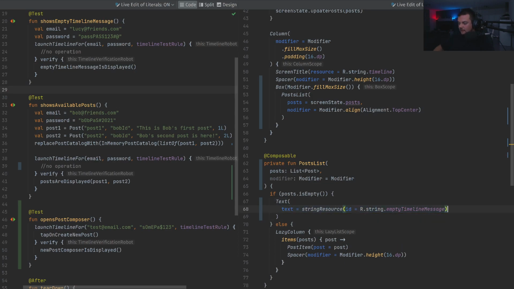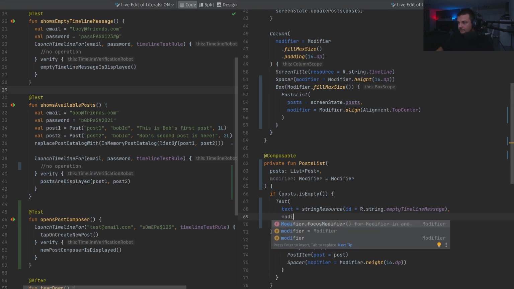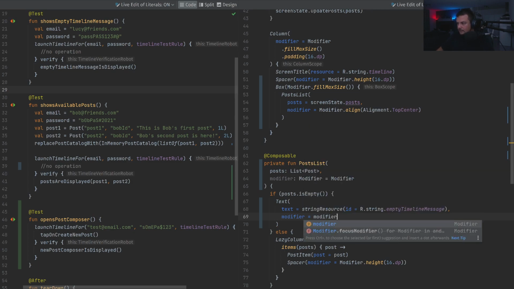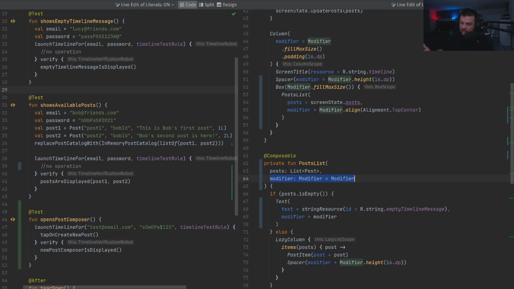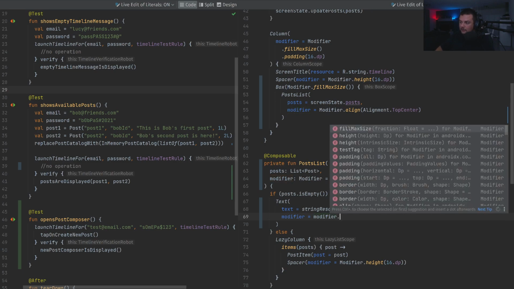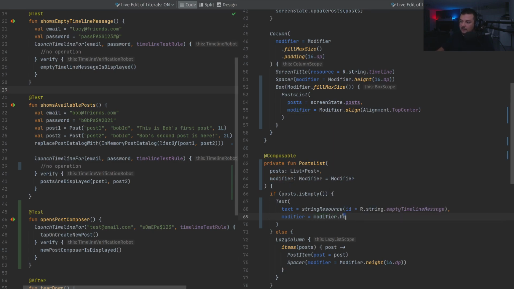So I have this text here, and then I'm gonna say modifier is the modifier that comes from here. And if I want to add something here, I can just put whatever I want to add. So it's gonna take whatever comes here. That's the idea. Whatever is being passed here will be taken, and then additionally it will add. Let's say if I want to do height or whatever, it will take that into consideration and add these new things. So as I said, and for the column, I'm just gonna say